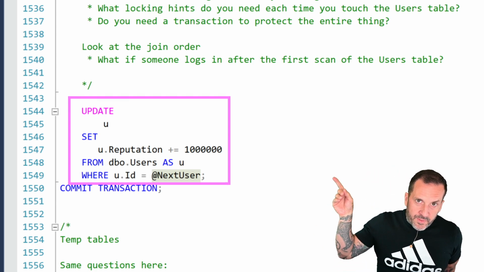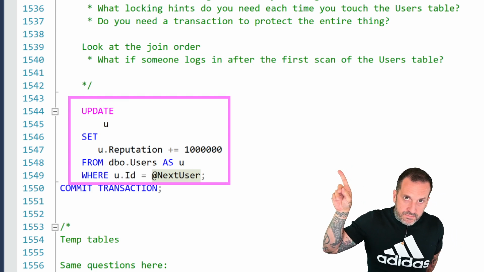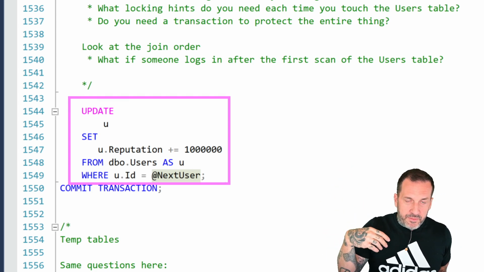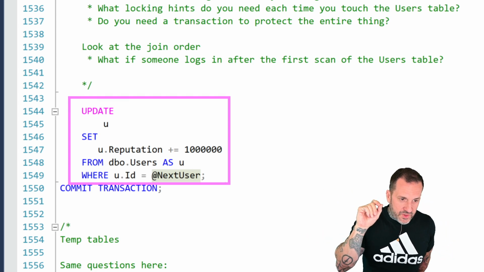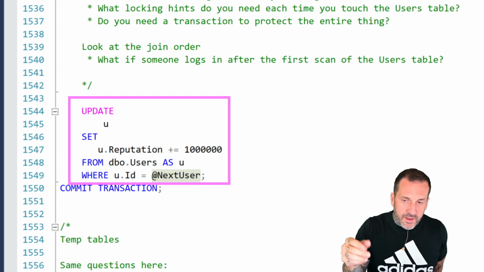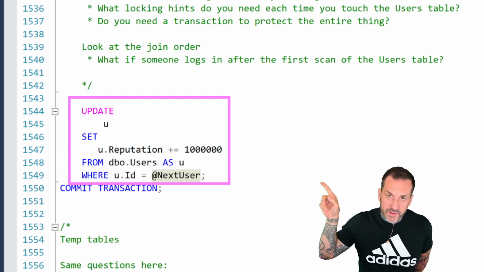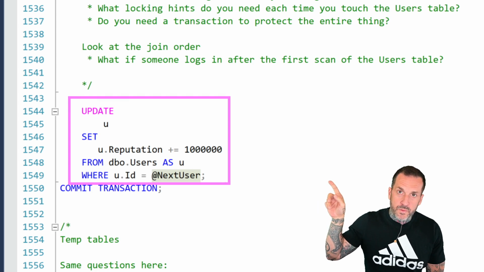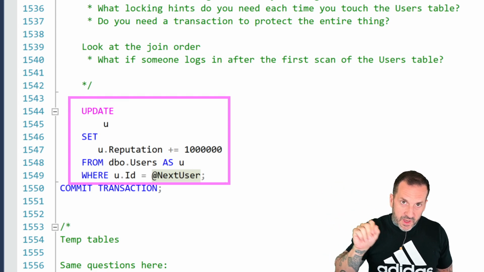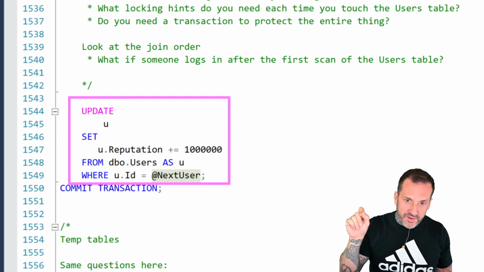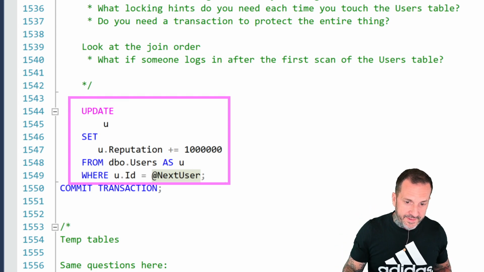Well, someone could log in right after that, right? You say the contest deadline is at blah, blah, blah, and someone just snakes in at the very end. Well, you would miss that person. You would incorrectly award 1 million reputation points to the wrong person, right? Because your data could be changing as that query runs and after that query finishes without suitable locking hints.